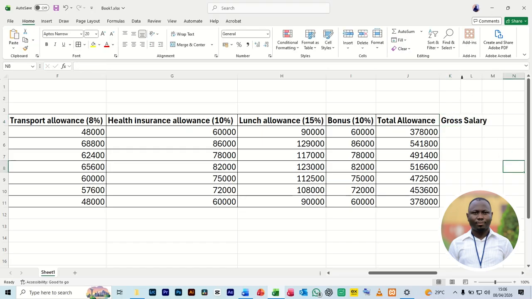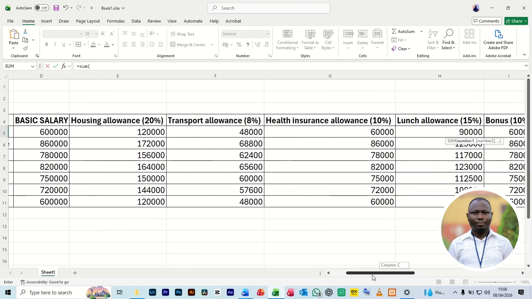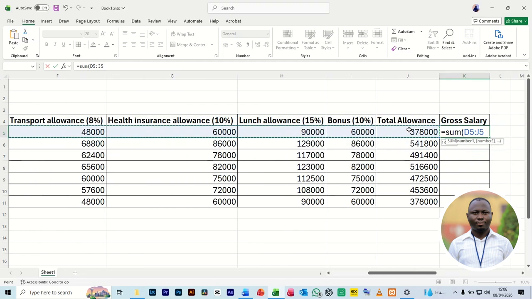Here we're going to get the total, the allowances plus our basic salary to get the gross salary. So let's get equal sign sum, open bracket. There are two approaches you can do this. One is you get your basic salary and add to it the different allowances up to the last allowance,